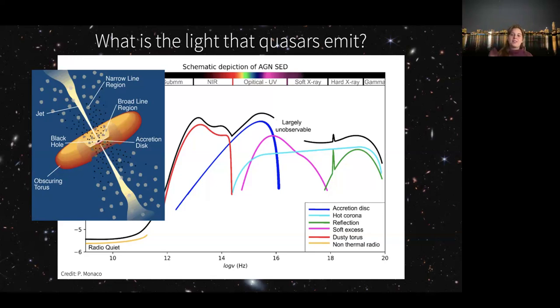So it's like the light bouncing around the different parts of the environment of the active black hole can be used to map out spatially where things are, which is unfortunately not possible for high redshift, when you look at very far away, or people have not done it yet. But